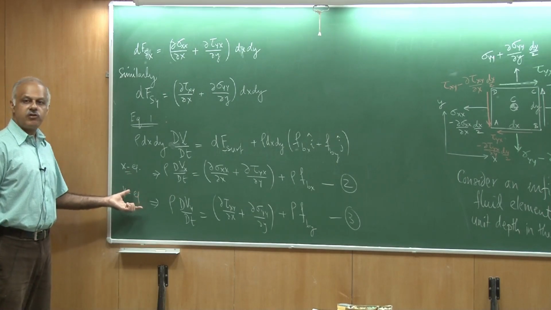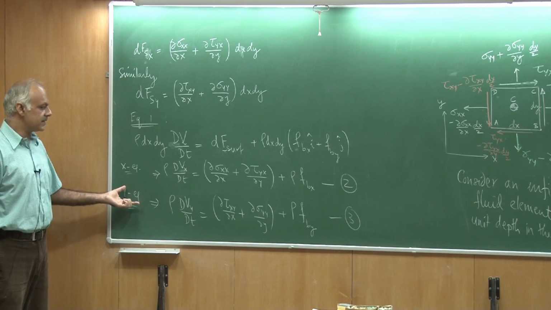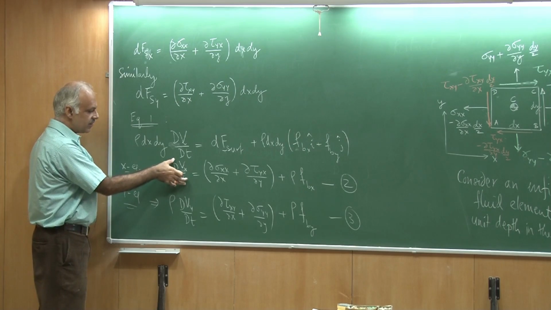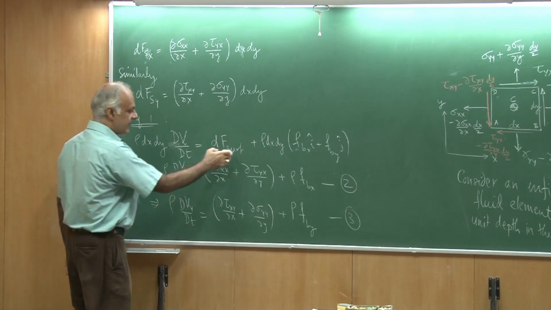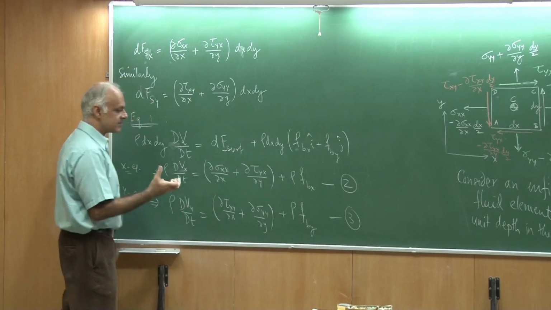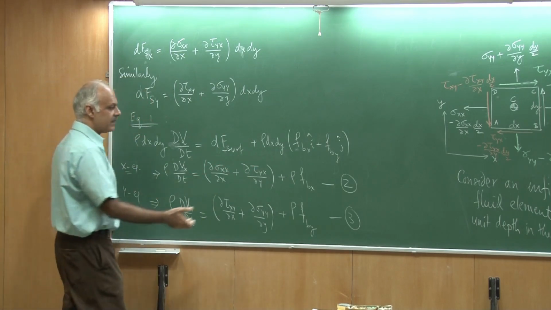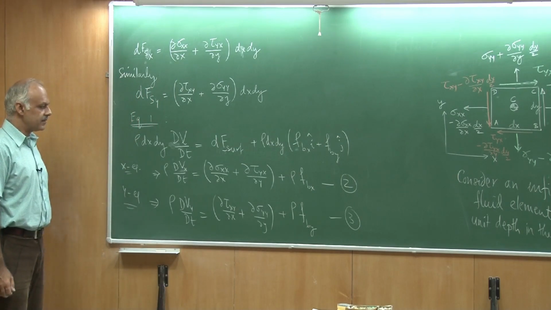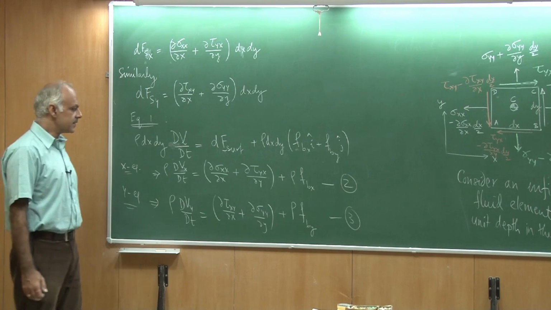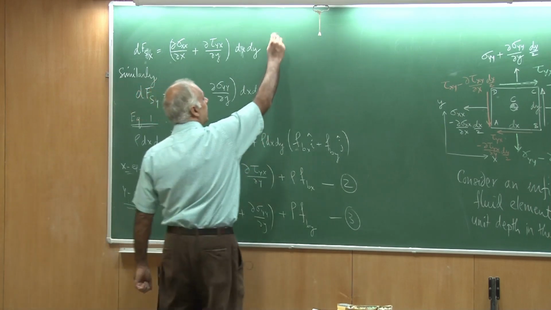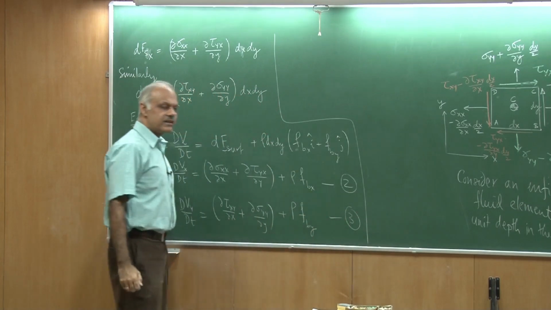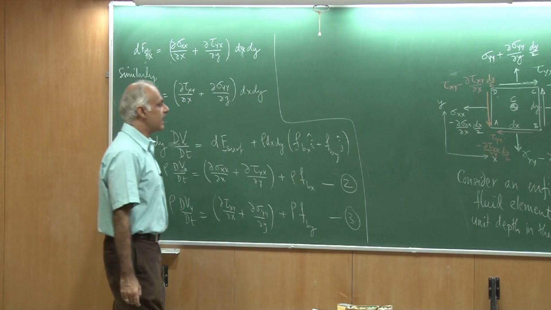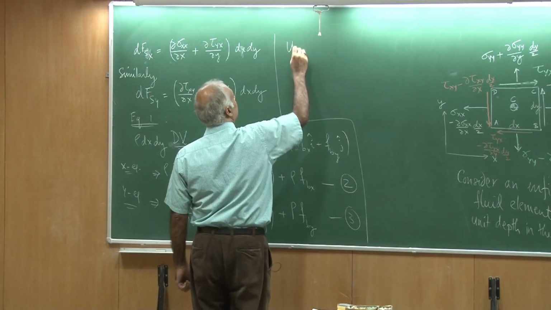This is the differential form of the force balance equation, where I have been able to say that the acceleration of a fluid particle is related to the net stress that acts on a certain fluid element and the body force. Now what is the problem here? I think we need to understand what the unknowns are and how many equations we have. So let's do a small calculation. Unknowns.